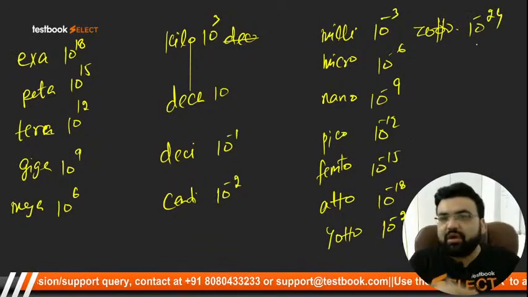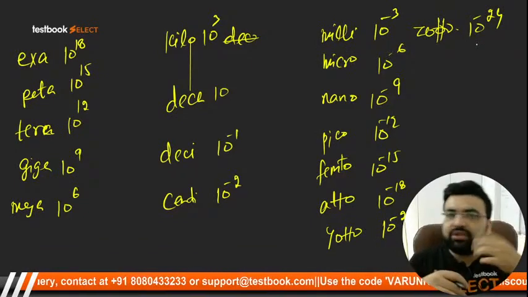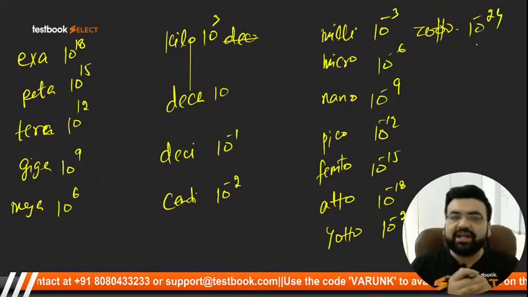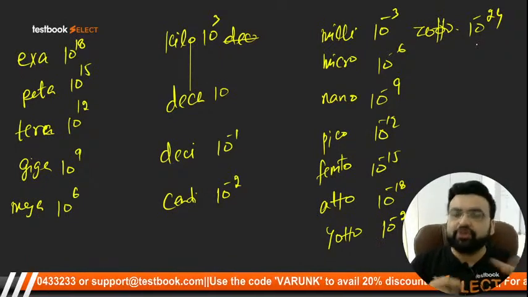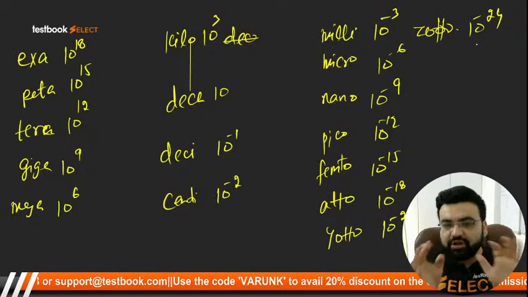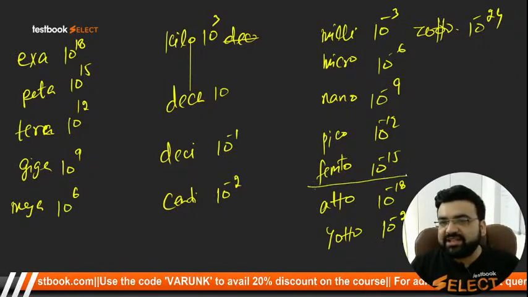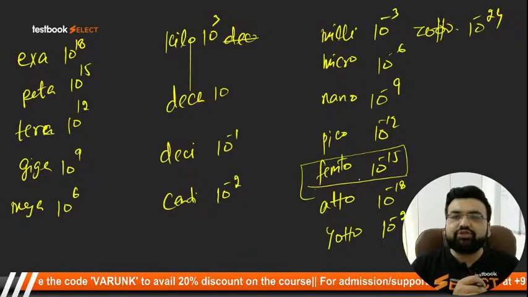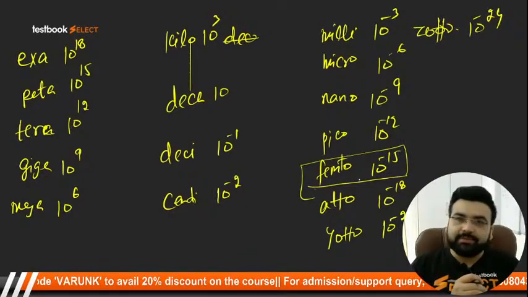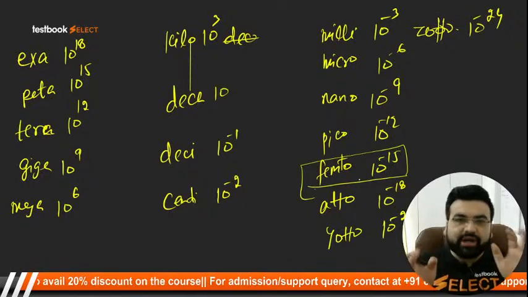So students, this is the table that we have already discussed in class 11th, right? If you don't remember, keep it in mind, students, right? Exa, peta, tera, giga, mega, kilo, deca, deci, centi, milli, micro, nano, pico, femto, atto, right? So this is the table which you should actually remember. Because once in the SSC JE exam, the unit of femto was actually asked. So femto is 10 to the power minus 15 meters. Clear? Standard is taken as meters. Clear? I hope you are getting it, students, right?